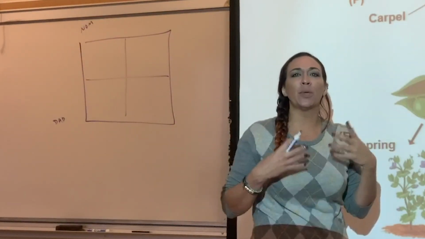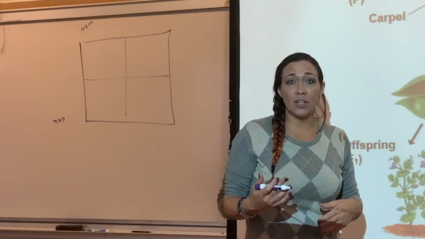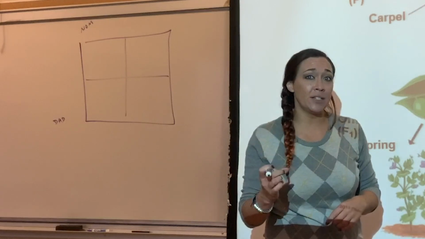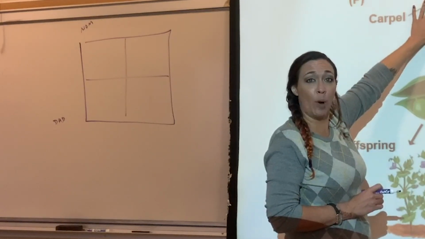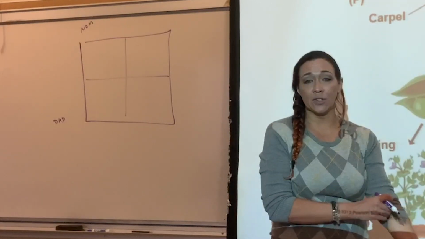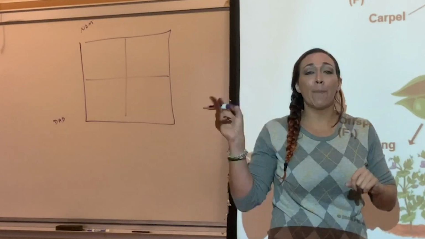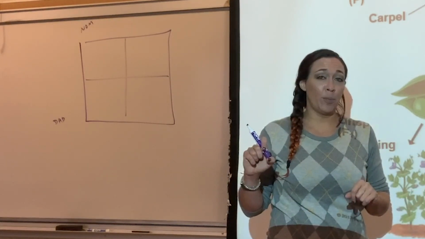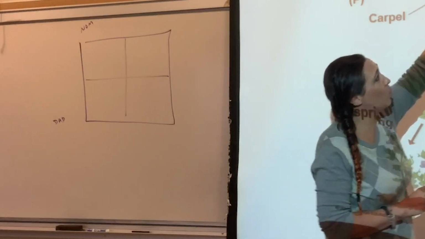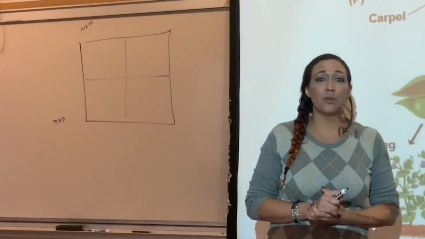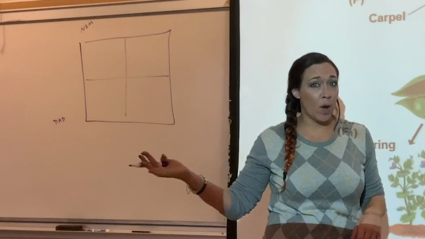So if we ever talk about a purebred, that means that you're going to be homozygous. Just like we saw in the video, if you're homozygous dominant, that means you're homozygous for purple, you have both purple alleles. So in this case, it would be capital P. We're going to use capital P for dominant, meaning purple, and lowercase p for recessive, or white. Okay, so if we have a purebred white flower, that means they're going to be homozygous recessive, because purple is dominant over white.